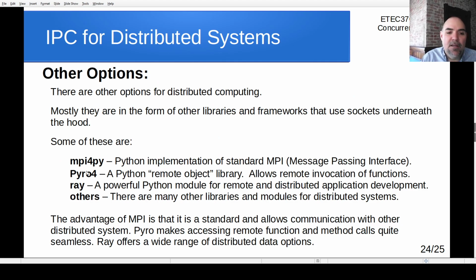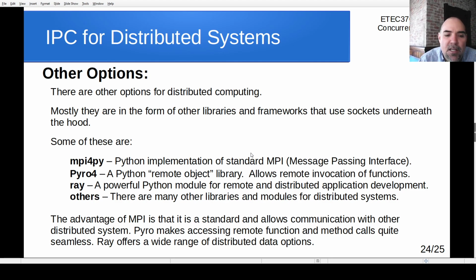All right, to finish up here, there are some other objects for doing distributed computing that are worth mentioning. We mentioned them at the very beginning. MPI is an industry standard way to pass messages from one machine to another machine. We might look at that later this semester. Pyro is another useful one. Pyro is a remote object library that allows you to create an object and say, hey, this object is going to be remotely accessible. And the Pyro module will handle method calls coming in, attribute changes coming in,